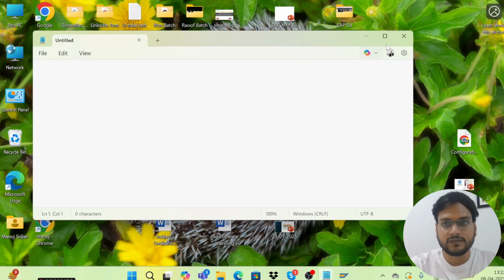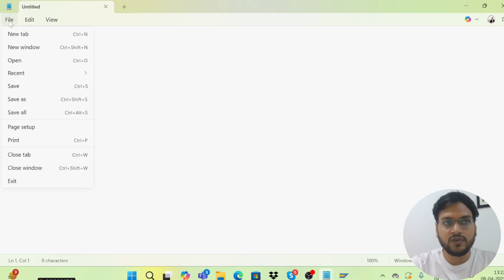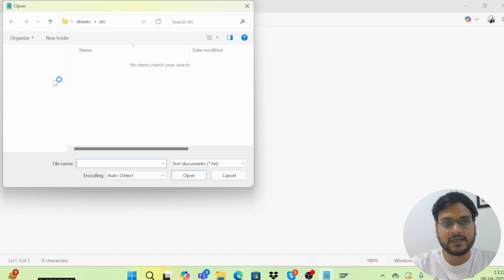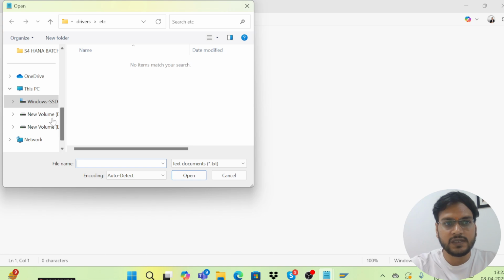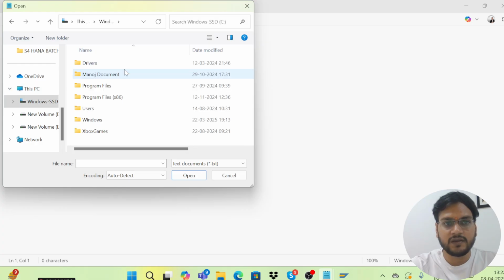Just give the permission, select yes from here. Okay, in that you just need to go to File and go to the Open section. Just go to Open and here go to This PC and to Windows C from here. Go to Windows,